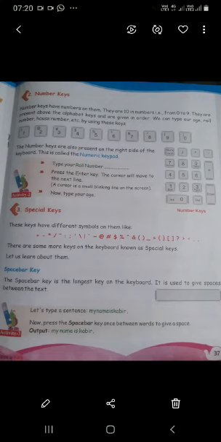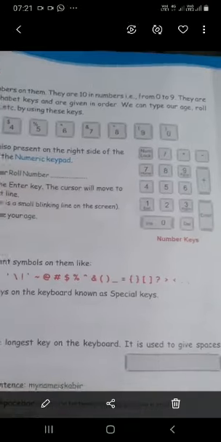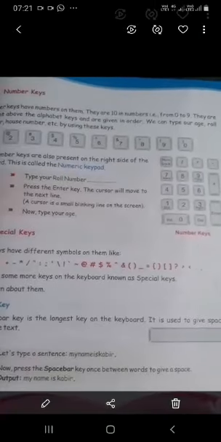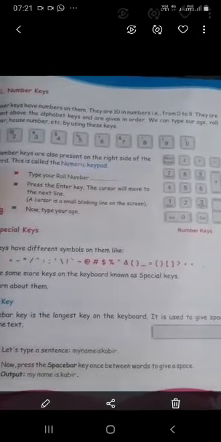We can type our age, roll number, house number, etc. by using these keys. The number keys are also present on the right side of the keyboard. This is called the numeric pad, numeric keys.